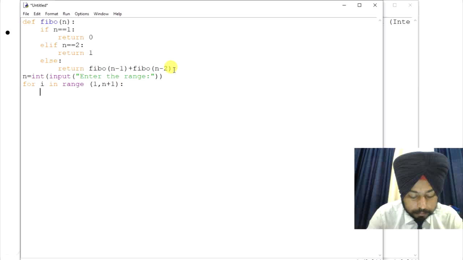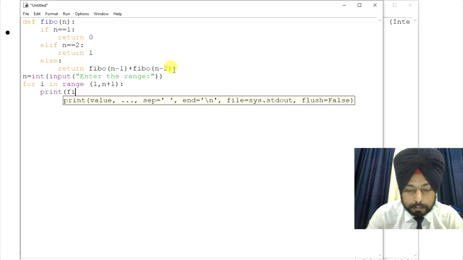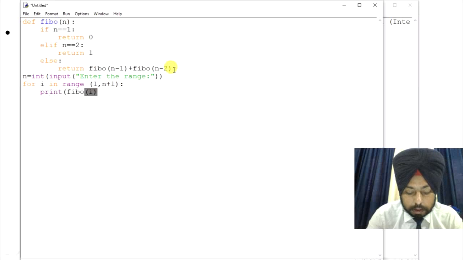right? Then it will print Fibonacci numbers, i comma, and equals, these curly braces, and equals, then quotation mark, right?